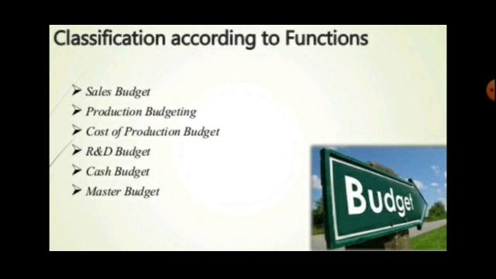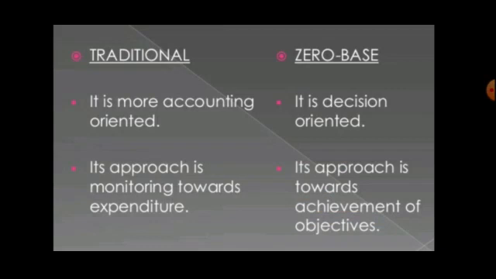And of course, cash budget is related to the finances, that is from where to procure the finance and how to repay the loans. Master budget is the sum total of the entire project budget, that will give the proper idea about the finances, inflows and outflows. So these are the types of budget or the main functioning of the budget.